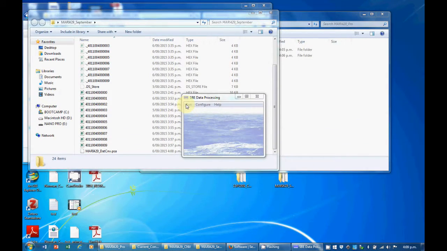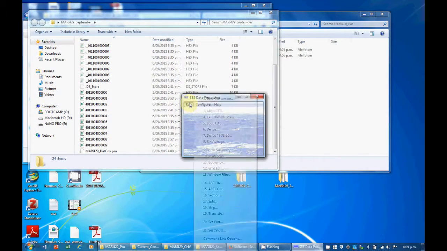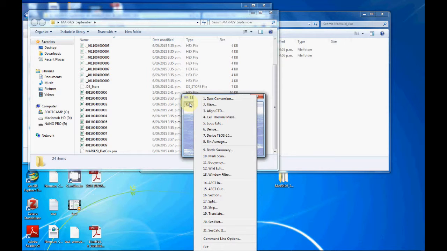Right, the next step to do is to take the CNV file we've just made and convert it into an ASCII file, which is a file that can be easily opened up in any sort of spreadsheet program like Excel or any of the open office software, LibreOffice, anything like that. What it does is it strips out the header information into a separate file and just leaves you the raw data, which can then be opened up in the spreadsheet file and graphed or manipulated in any way you see